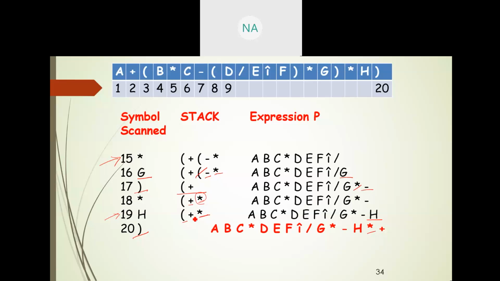So the next element is also an operator, so plus is also popped out of the stack and added to expression P. And the next element is left parenthesis. So in step 6B, this left parenthesis will be removed. Now the stack is empty,